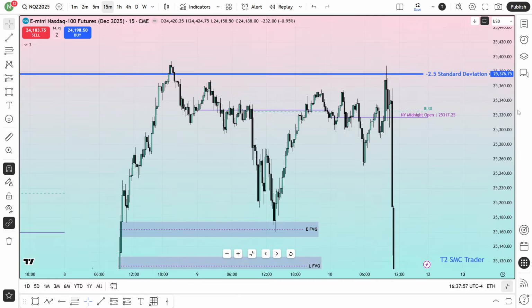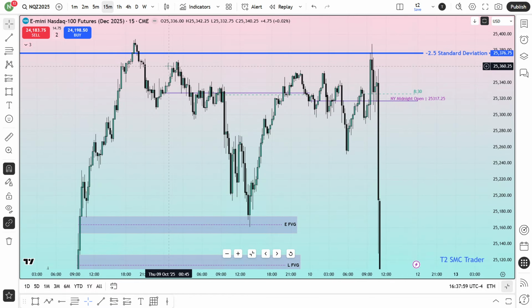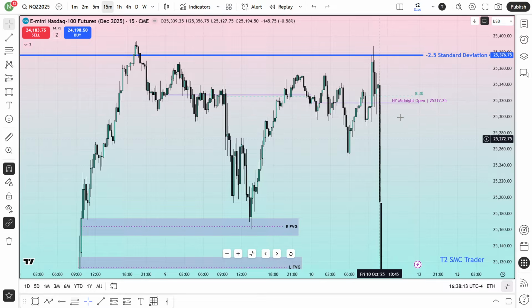So what do you see in the Friday price action? First of all, when for the first time this market came to this minus 2.5 standard deviation, I'm done looking for the buy. No more buy is valid to me. I'm now interested in looking for only sell. Every day I will keep looking for the selling opportunity.